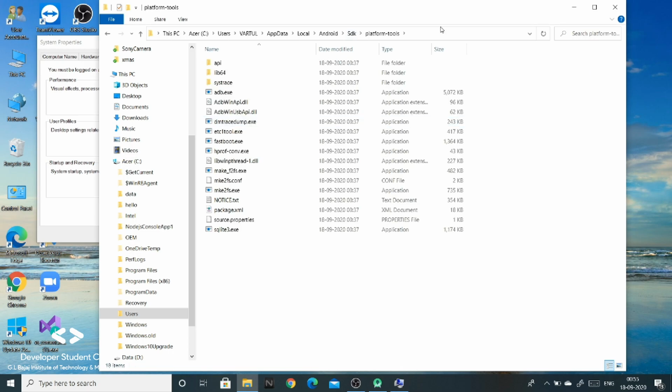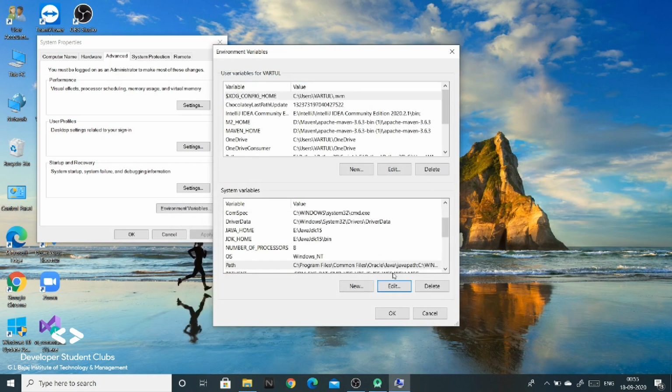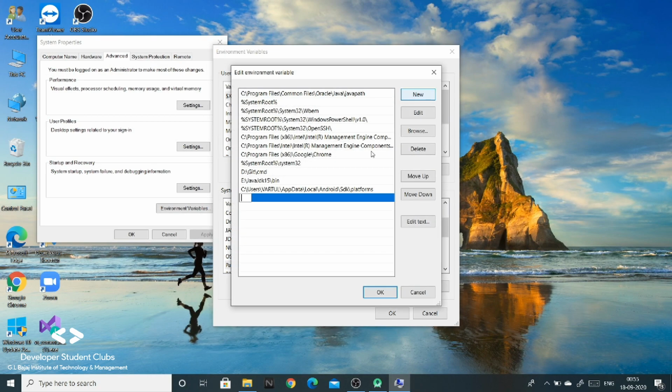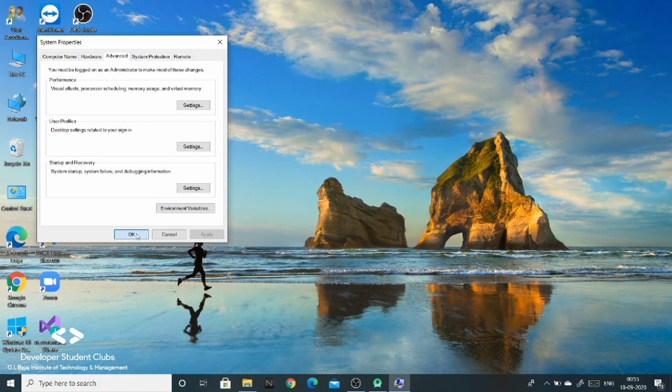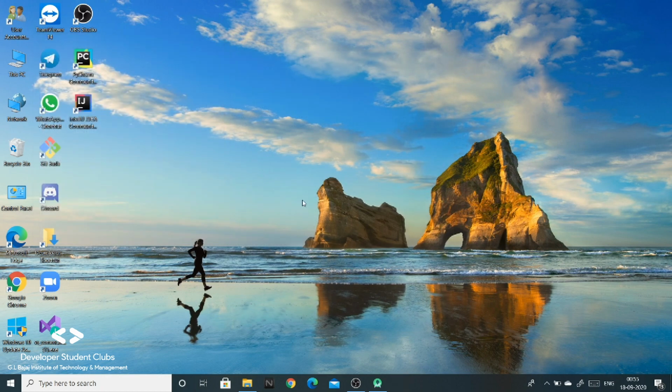So here is platform tools. Control C, path, edit, new, Control V. Okay, okay, and okay. So now we have set our path variables and all other environment variables.